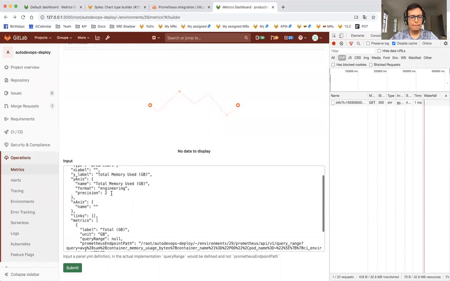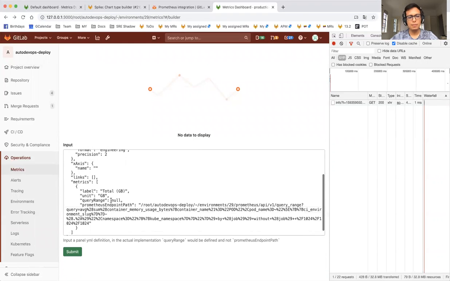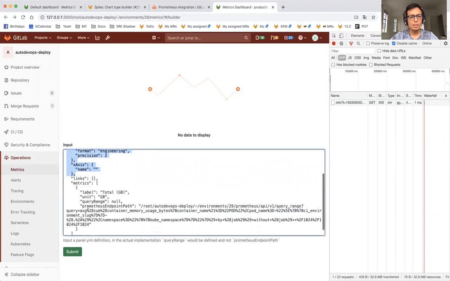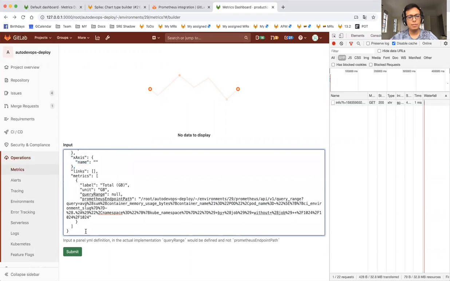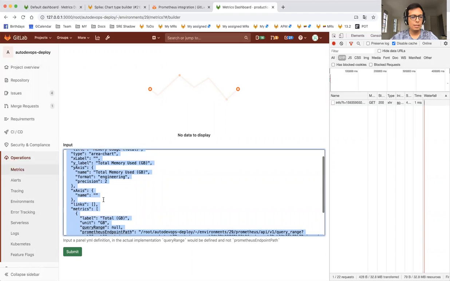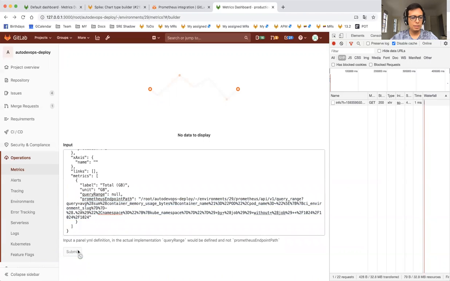And then some YAML input that is going to be the panel, the chart, that they will create. In this case, I'm using a JSON format because it's easier to transform in the front end, but moving forward, as we build this tool, we will actually do a real YAML input. Here I have added a panel information. I'm not using the query range that we sent to Prometheus, but we have the range already here in this key, and I'm going to submit it